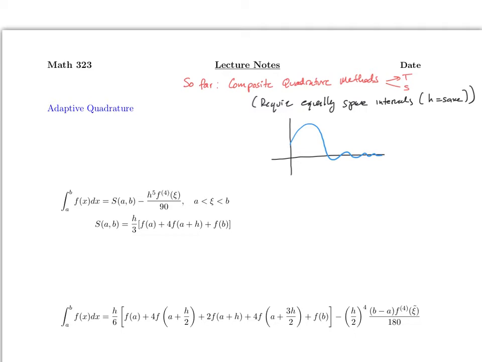So therefore, for this part from here to here, you want to use a smaller h to get a better approximation, and here you can use a bigger h. And in essence, that's what adaptive means, that you're going to change the values of h to adapt to whatever